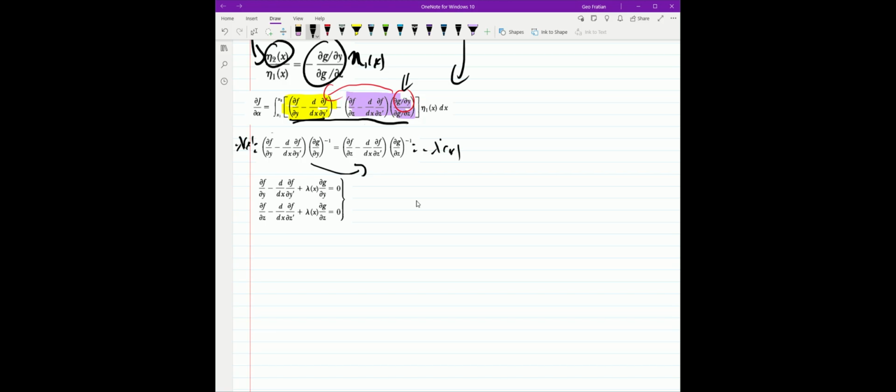And that lets us obtain two separate expressions, with all y's here, and all z's here, barring the x, which is what it's dependent on. And now this lets us know that we can find the solution to a problem if we know y of x, z of x, and lambda of x,